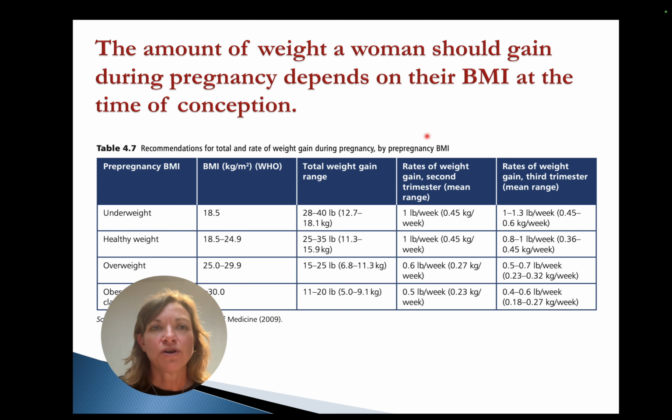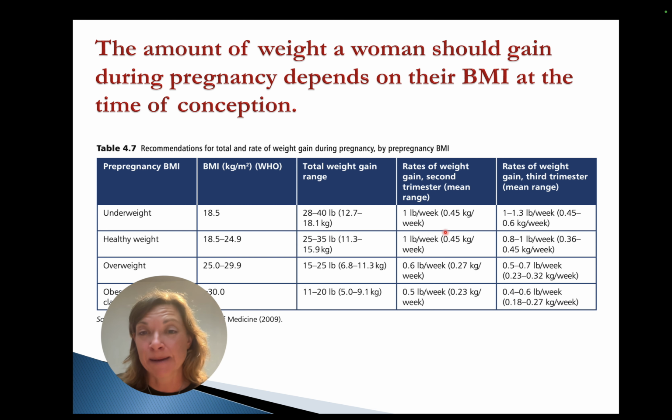Now, it's important not to overcorrect because gaining too much weight during pregnancy has negative health consequences, not just for mom, but also for baby. So there is a normal amount of weight women should gain or recommended to gain during pregnancy, but it's important not to way overshoot that or way undershoot that. And that amount depends on your BMI as a metric of where you are metabolically at the time of conception, when you get pregnant. So if you're underweight, you need to gain more weight to support a developing baby.